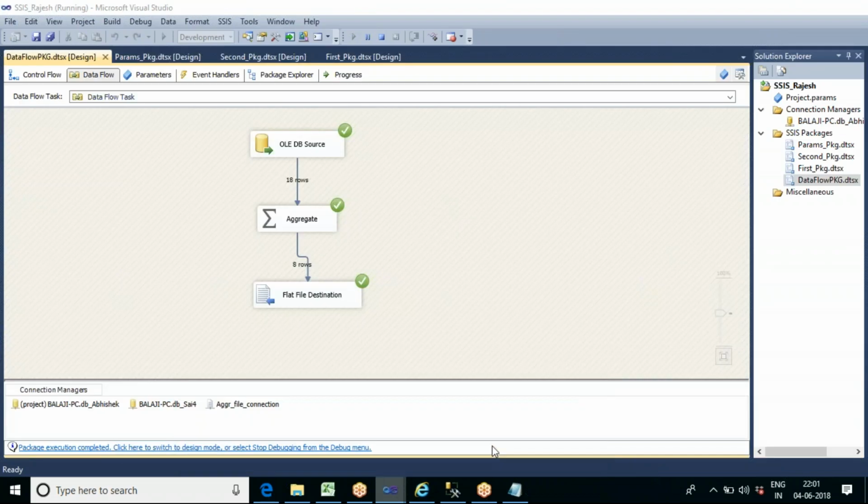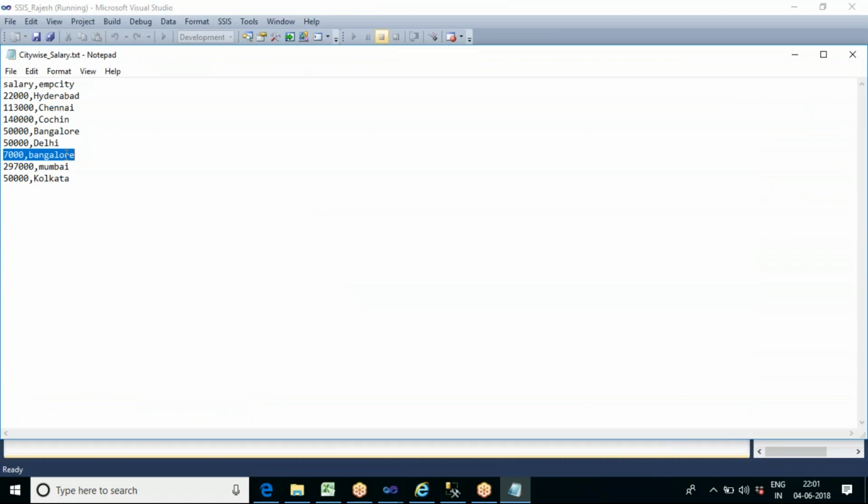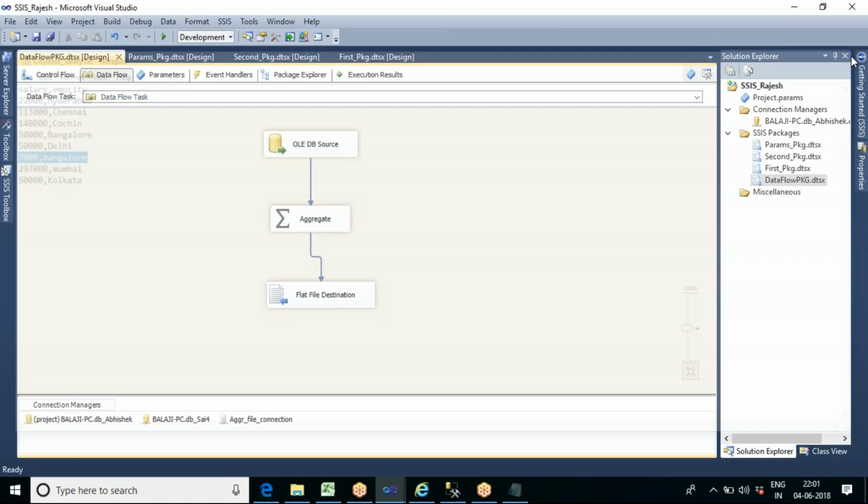SSIS is case sensitive, so it will treat small b as well as capital B differently. That's why we got two records for Bangalore. But my customer told me, no Krishna, we have to show it as a single record only. Then how can we resolve that?